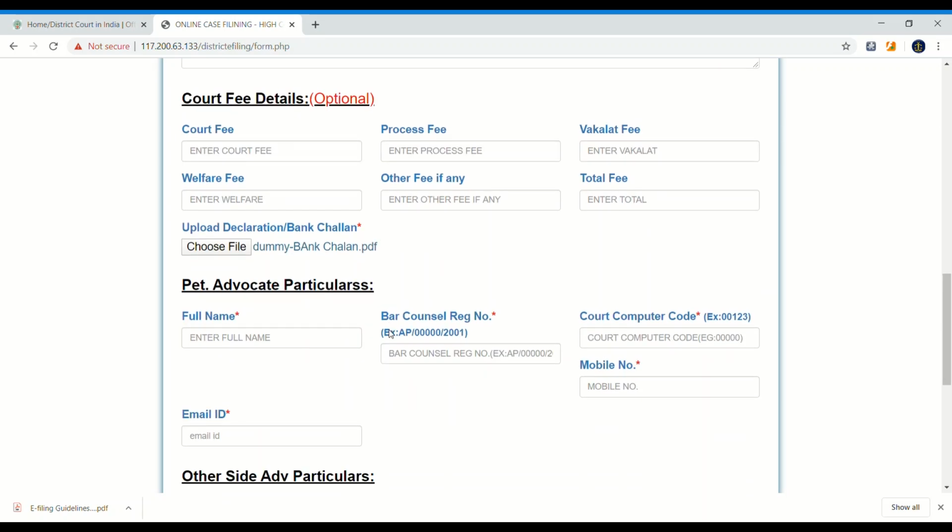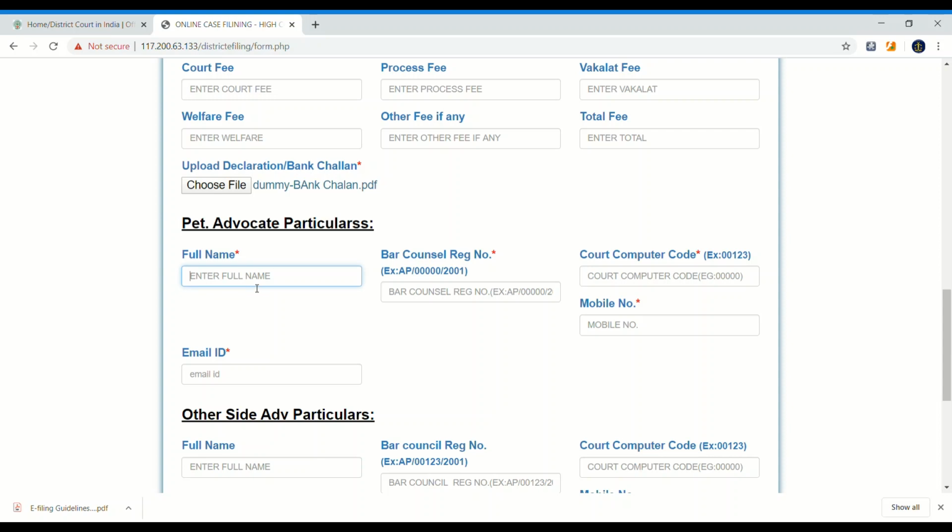So the bank challan is uploaded, and the petitioner advocate particulars: Bhanu, and barcode, code, computer code 0000, and mobile number and email ID.